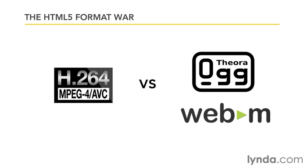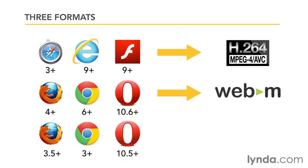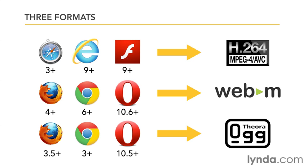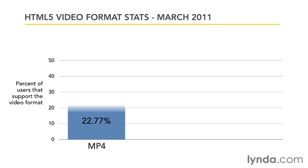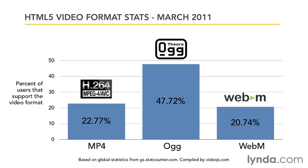With HTML5 video, different browsers support different formats, and there isn't one video format that all browsers support. You can see in this chart, Safari and Internet Explorer support the MP4 H.264 format, while Firefox, Chrome, and Opera support the OGG and WebM formats. In this chart, based on the StatCounter.com global stats, you can see the most supported format is the OGG Theora